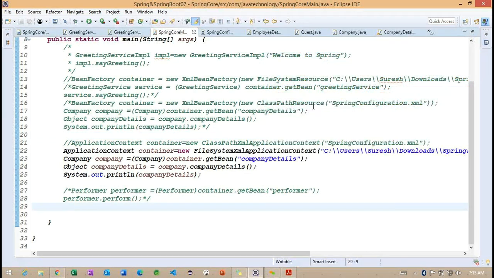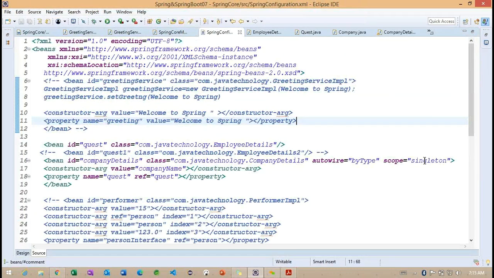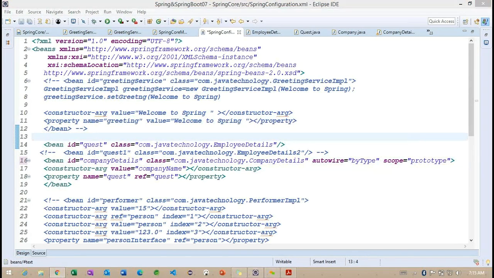Same way, what we can do. Getting the point? Same way we can work on the prototype here. Now we can understand how exactly this particular prototype is going to work. Whenever we are working with this prototype, what happens internally? It's going to provide a different instance every time, right? However many times we call this object, each time we are going to get a new object. So this is very important.